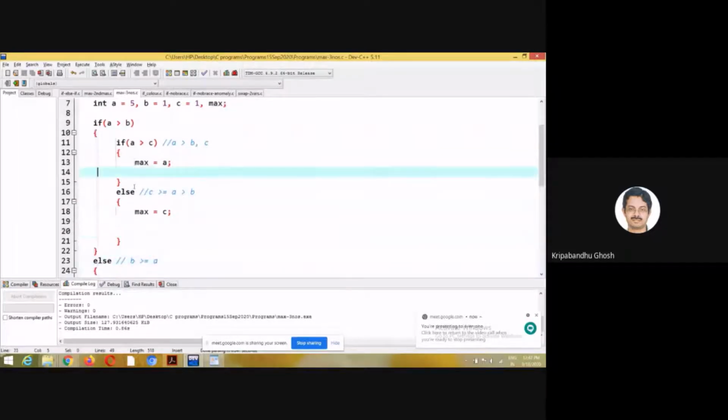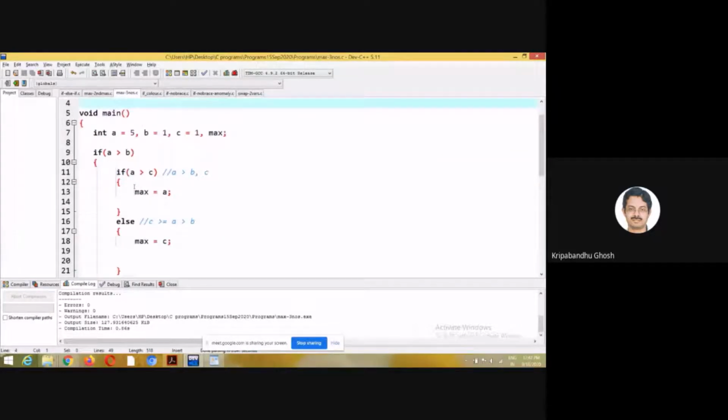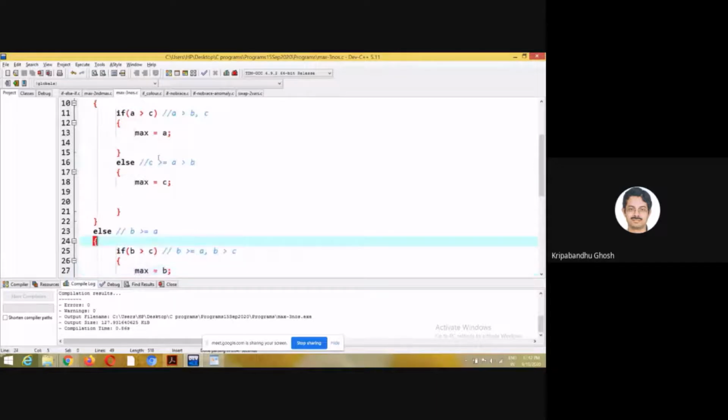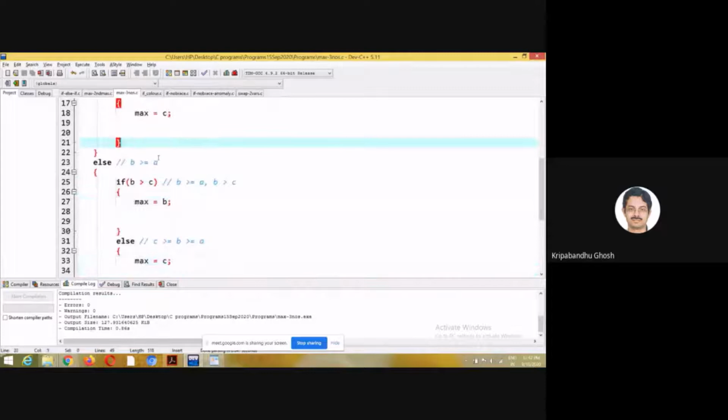So whatever is written in this if is a part of the true block. So what is a true block? The block which will be executed if the condition inside if is true, and you can have a false block that will be executed if the if condition is false.